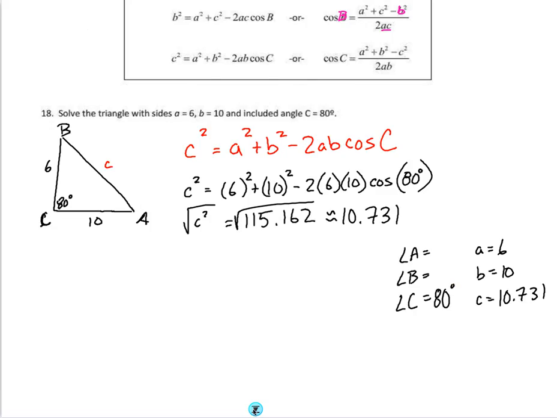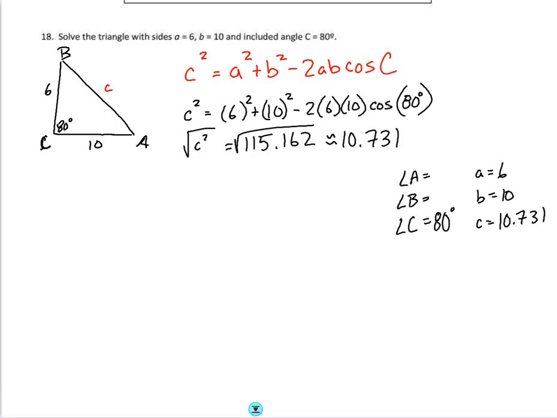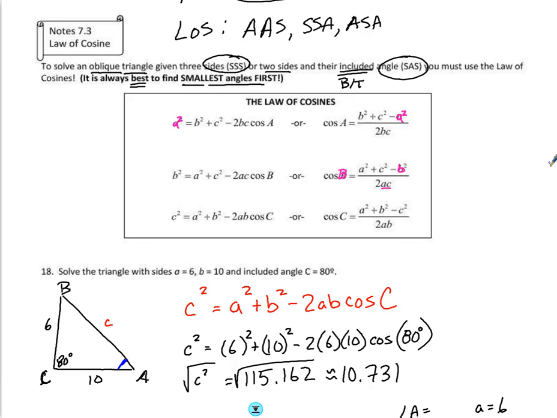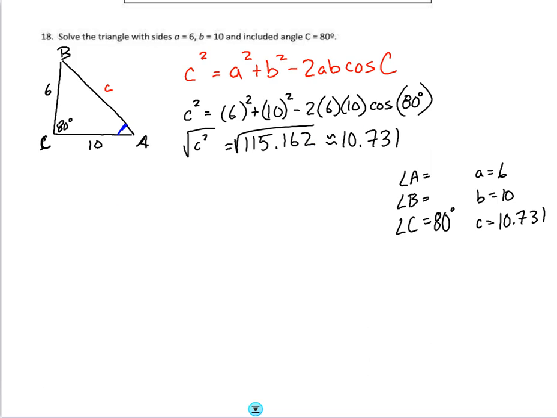So, what angle am I going to find next? Well, let's go ahead and just find angle A, for example, right? Angle A. In the two law of cosines, angle A is kind of isolated over here, so I'm going to use that first formula on the right. Cosine of angle A. Now, what's adjacent? Look at this real quick. What's adjacent to angle A? C and B. So I'm going to do C squared plus B squared minus the side opposite, which is A squared,